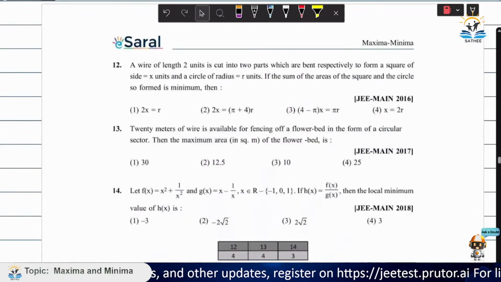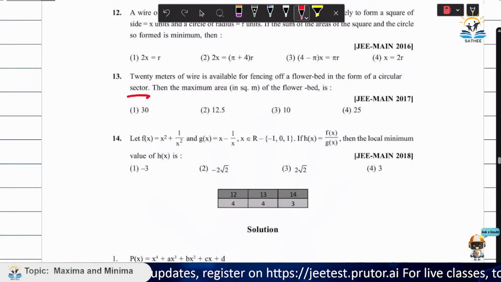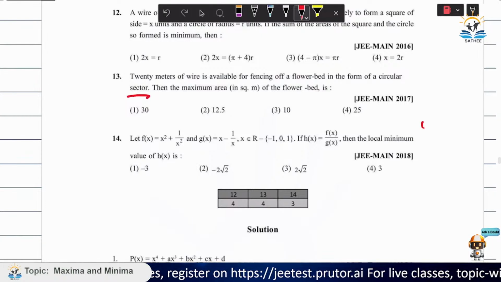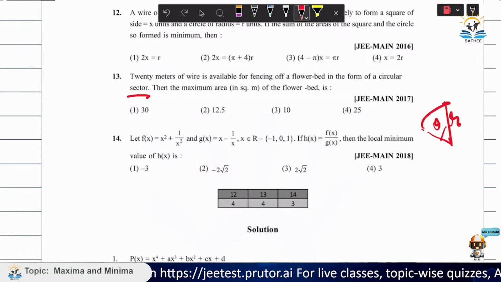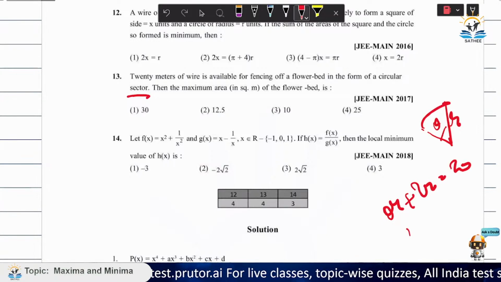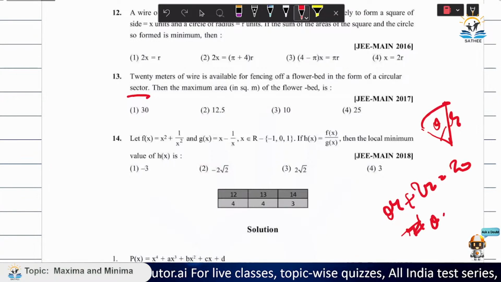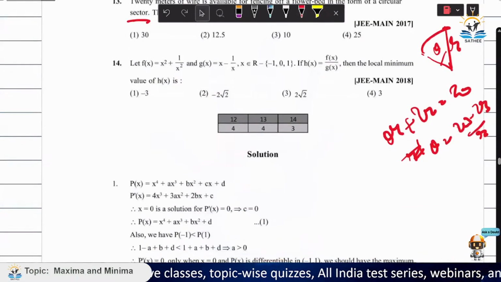These things are very important, guys. If we take a simple circle, it won't be correct. We have to take a circular sector. What does a circular sector look like? This theta r. So the perimeter is theta r plus 2r equals 20. So theta becomes (20 minus 2r) by r. And the area of the sector is